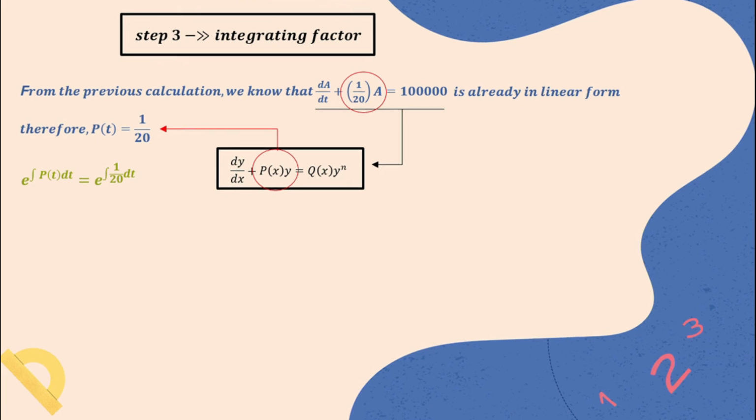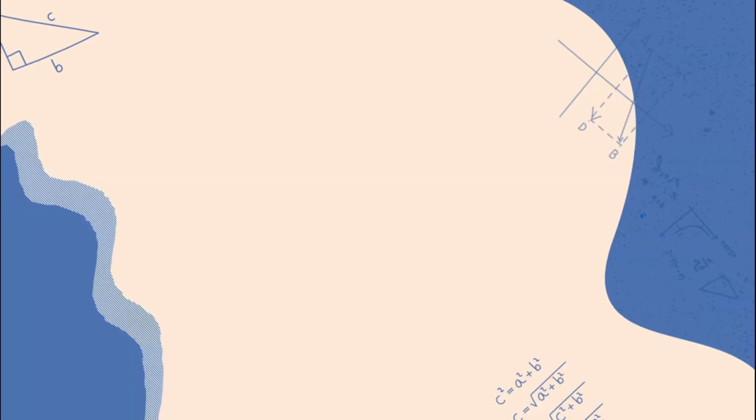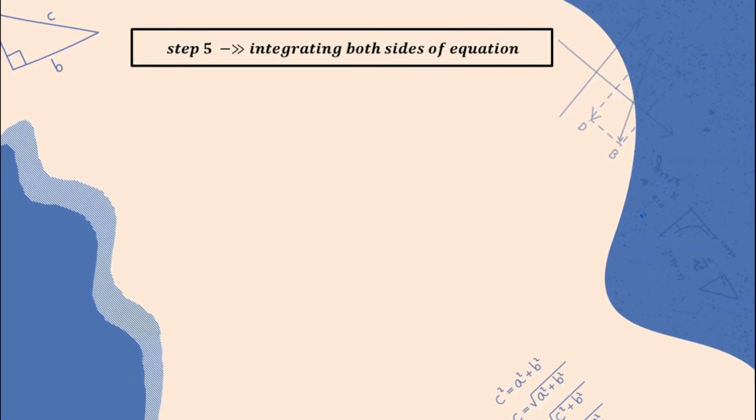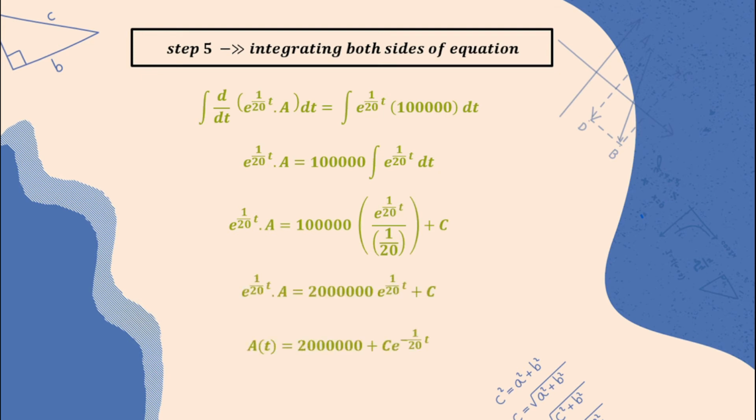After that, solve the integration. As soon as you get the integrating factor, you need to multiply the integrating factor to both sides of the equation. For step number 5, you need to integrate both sides of the equation. Hence, you will get A(t) equal to 2 million plus C multiplied by e to the power of negative 1